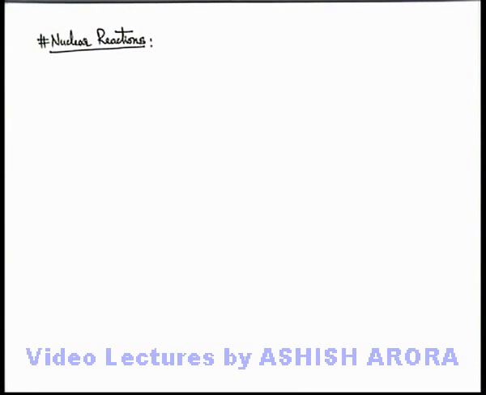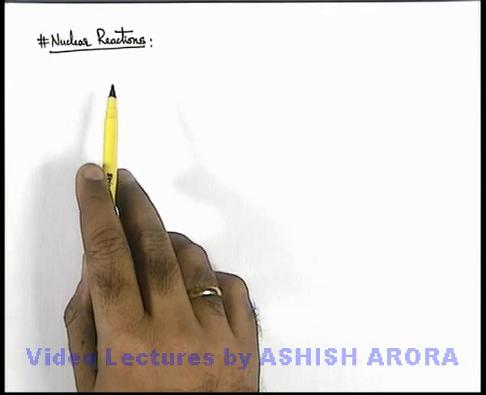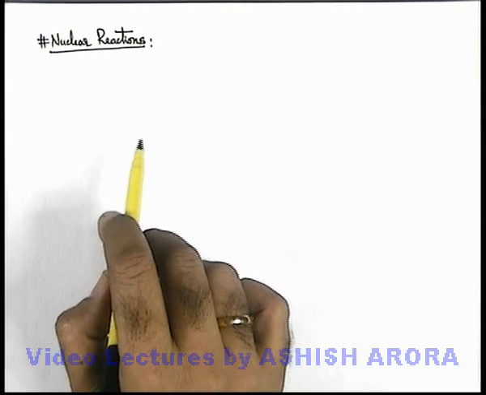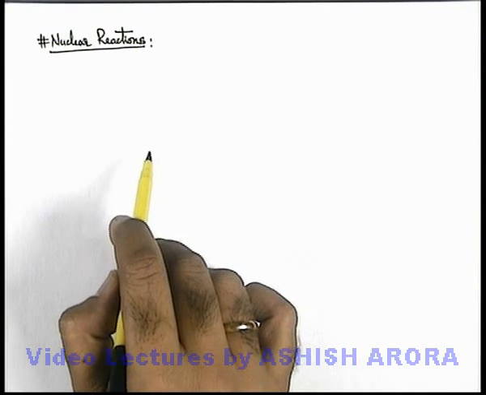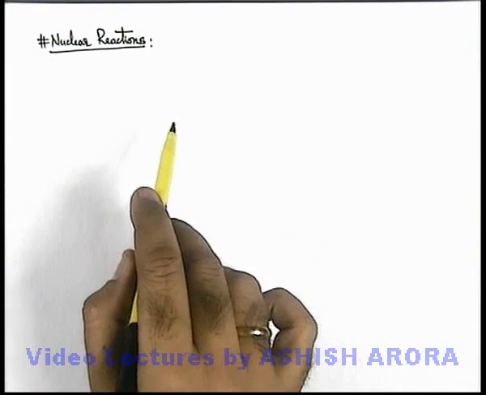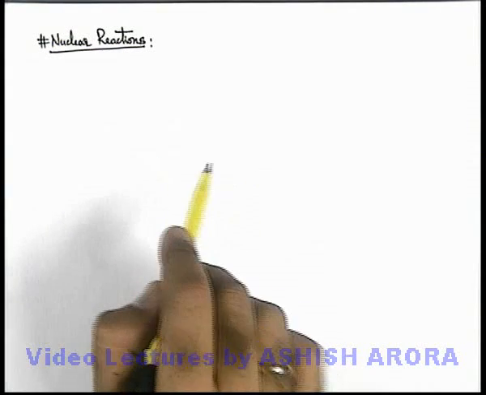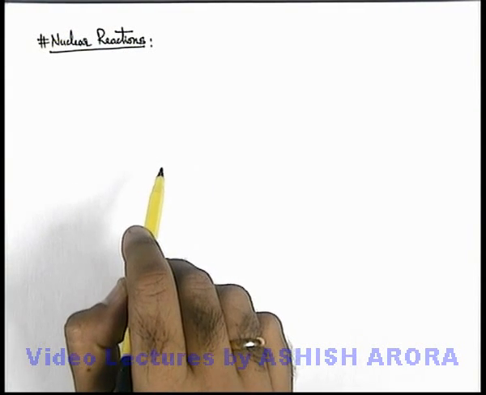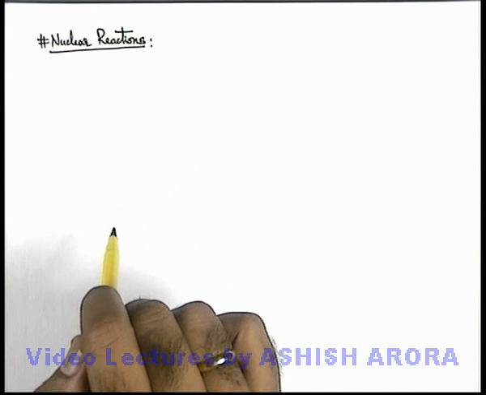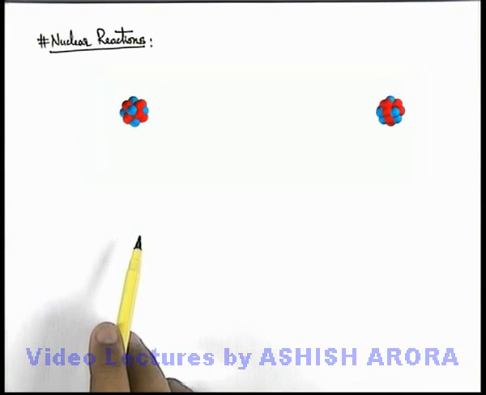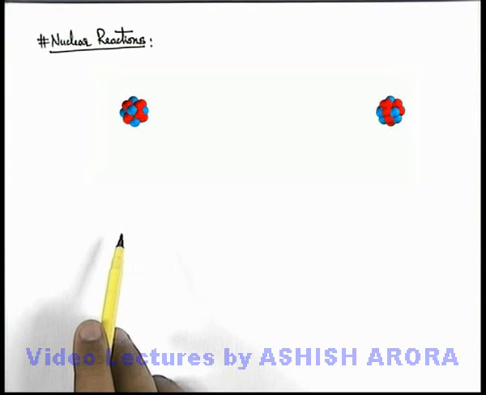Let us start with the topic of nuclear reactions. In the previous topic we already studied the formation of a nucleus, which is also a nuclear reaction in which protons and neutrons fuse together to form a nucleus, and some energy is released from the rest mass energy of the reactants of the reaction. Similar to that, let's have a look at this nuclear reaction where two nuclei A and